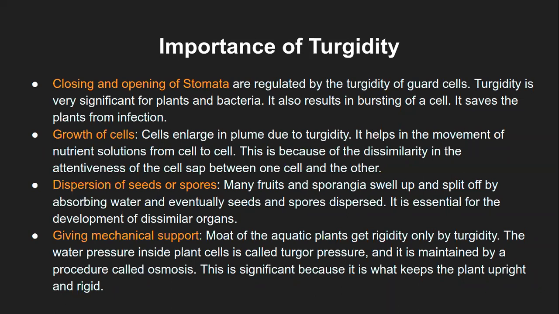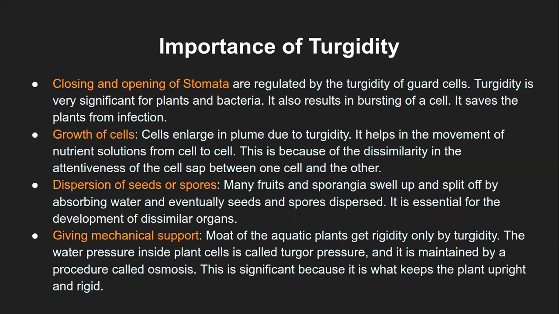Now, the whole of diffusion, osmosis, plasmolysis, deplasmolysis, all of these phenomena happening inside the plant cell are happening because of the solute concentration and the solvent concentration, that is water as well as minerals. Because of these different situations of the cell, especially of turgidity to flaccidity, the nutrient solutions will move from cell to cell, and that way the cell will keep becoming turgid or flaccid depending on whatever concentration is present inside.